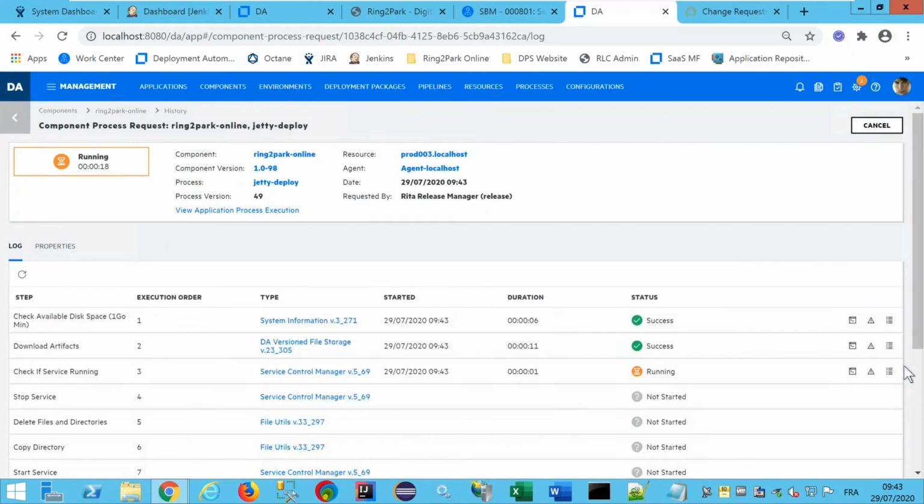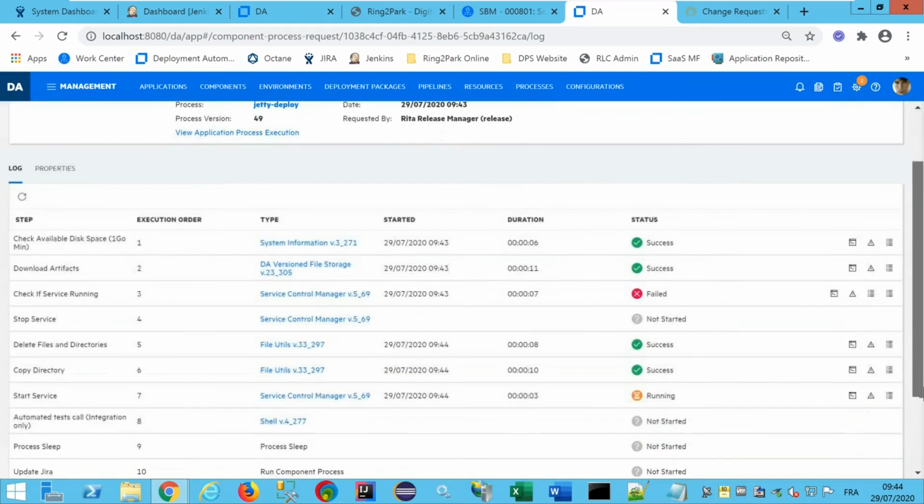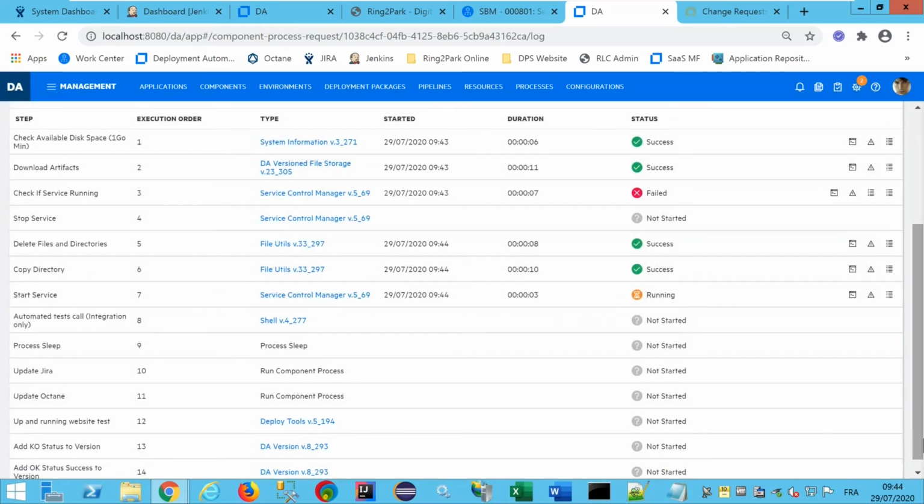And if you have a look at all the elementary steps we will use to execute this deployment, we will use more or less the same deployment process, checking first the disk space on the target servers, checking the status of the JT server. So we see here failed, so it means the JT server was not running, so we don't need to stop it. So we are deleting a few files again. We are doing some backup activities. We are starting the JT server again.